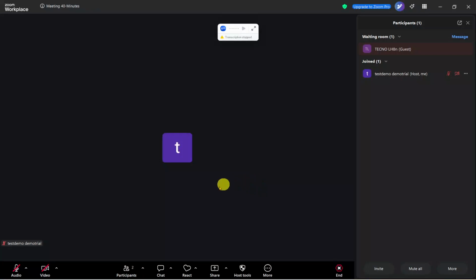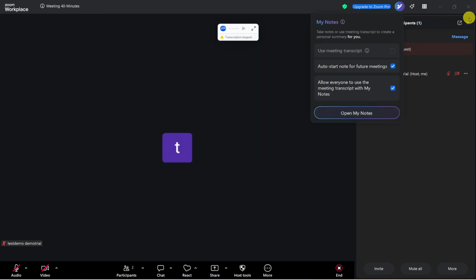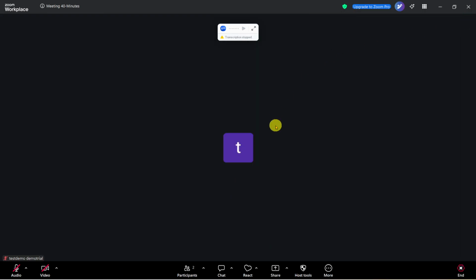Hello, today we will guide you through how to screen capture a Zoom meeting. In this walkthrough, we'll show you how to start recording a Zoom meeting directly from the Zoom app. This is a simple process, and once you know where to look, it only takes a moment to begin capturing